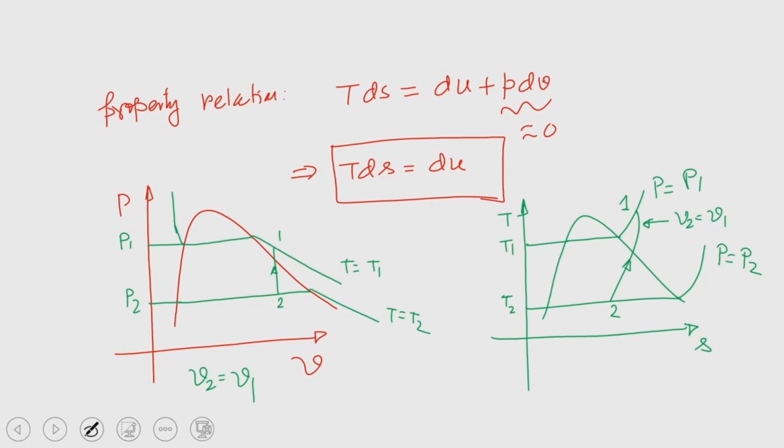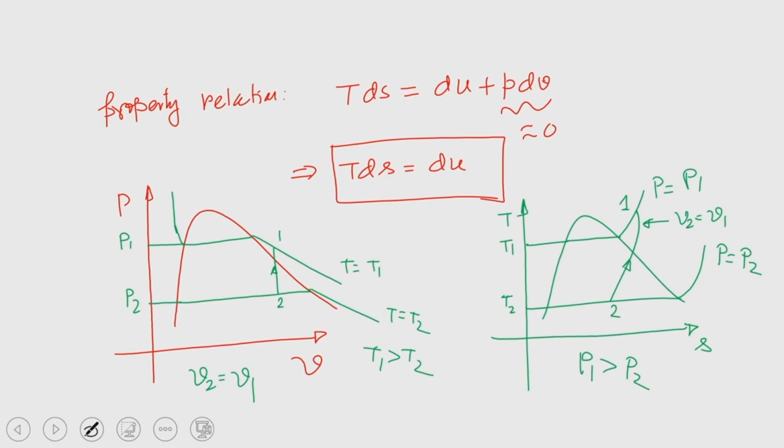In a reversible constant volume process, volume is remaining constant. Upon receiving heat, the thermodynamic state is getting changed from 2 to 1. So, pressure increases from P2 to P1, where P1 is greater than P2, and temperature T1 is greater than T2. This is quite normal: upon receiving heat, the state point changes from state 2 to state 1, temperature increases, pressure also increases, but volume remains constant. This is all about mapping a reversible constant volume process in these two thermodynamic planes.